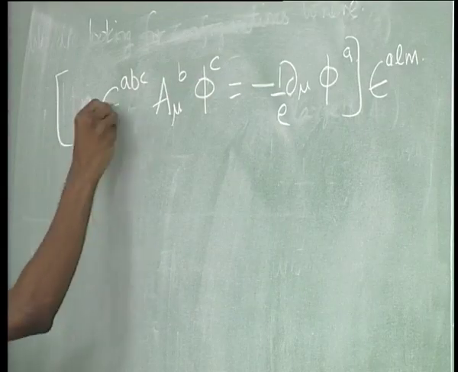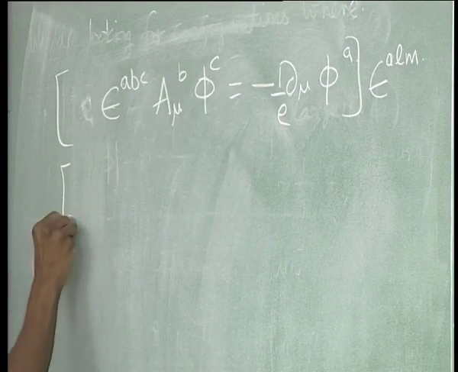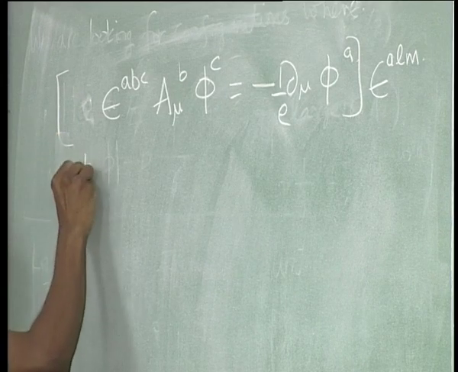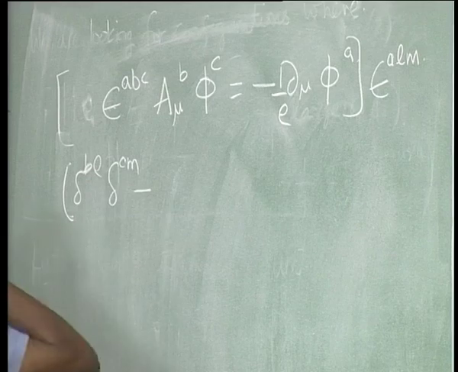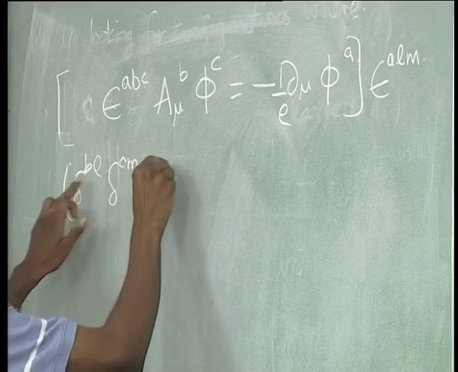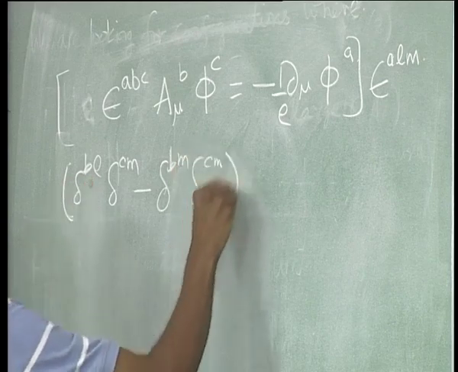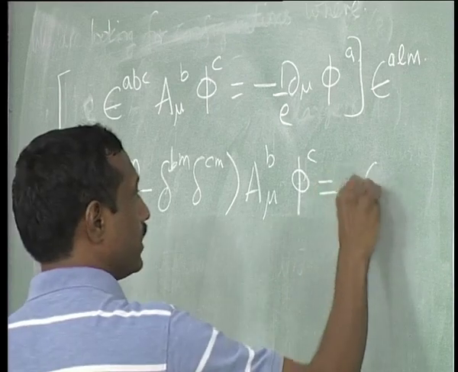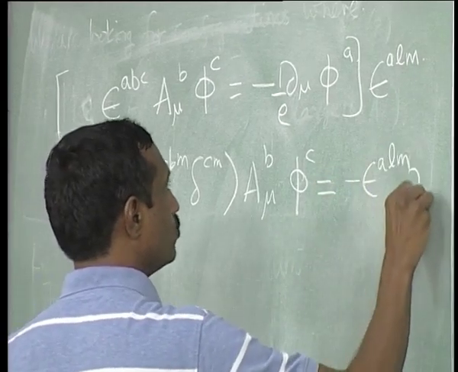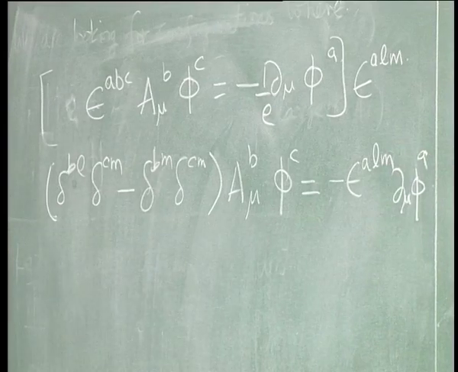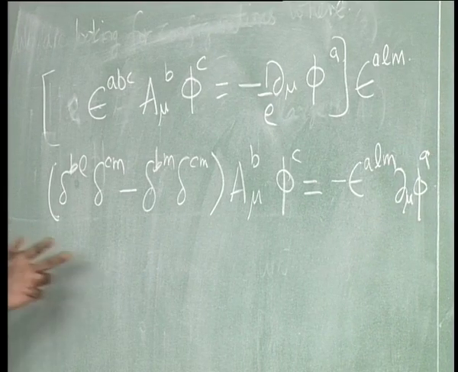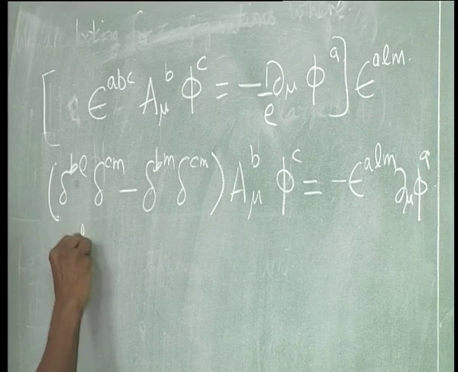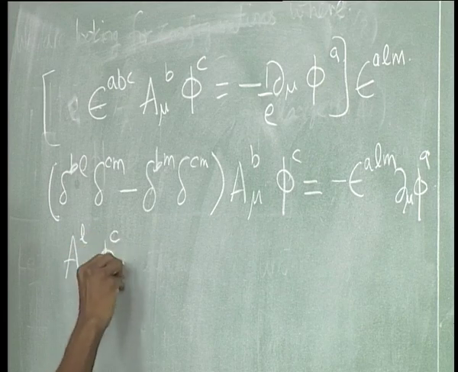Using the identity involving two epsilons with one contraction, this is just delta BL delta Cm minus delta Bm delta CL, into a mu b phi c, which should be equal to minus epsilon a l m d mu phi a. Nothing deep, I have just gotten rid of an epsilon, but now you can see there are some simplifications happening. This just tells you this is a mu l phi c minus